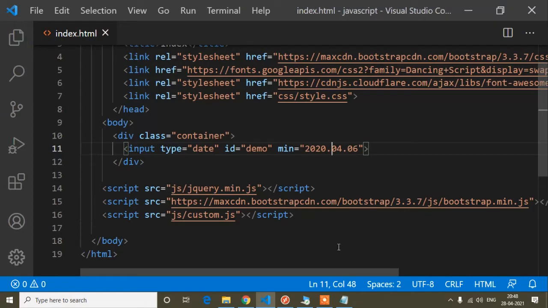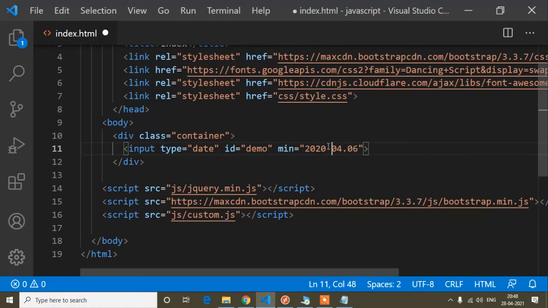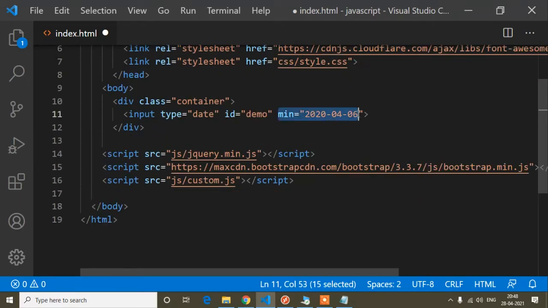If you write it this way, it will not be workable. Here I will show you the example. So now you can see I can choose every year here. Okay, so it's not working because the format is right like this way. First of all, the year will be 4 letters, or you can say 4 string values, then the month will be 2 string values, then the date will be 2 string values, and after that there will be the hyphen. So now you can do this format.